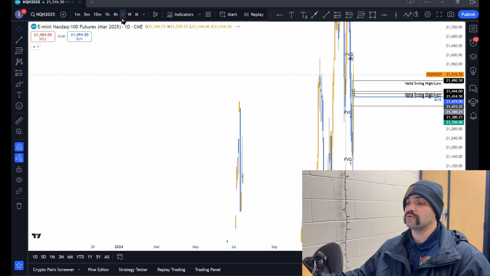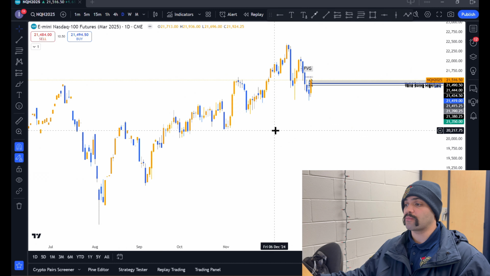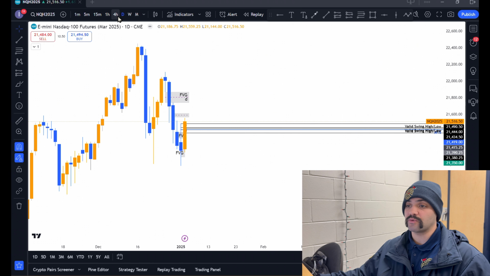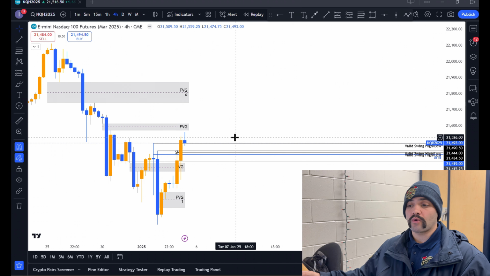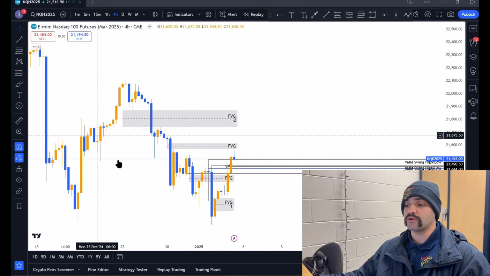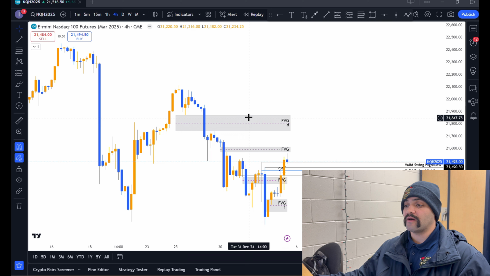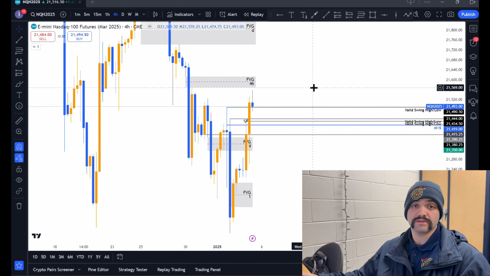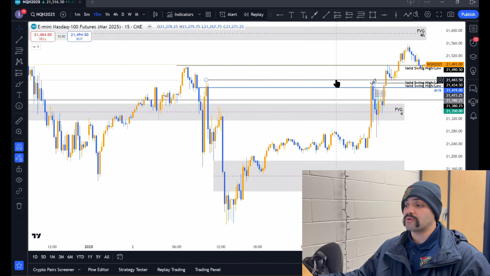So why do we do all this? Well, we're able to see where price is, right? Everybody wants to look at price and their understanding. That's the best way to do it. And the best way to organize yourself is to have those annotations that you understand on your chart right here, right? You have these boxes, these fair value gaps. You got a whole bunch of lines, right? Marking out highs and lows. And the reason why we do this is to